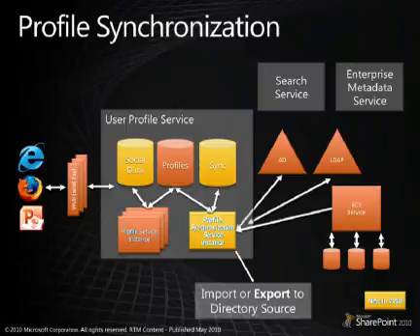As mentioned before, the user profile service application is also responsible for the profile synchronization. Synchronization can be scheduled from the user profile service application management pages and it supports multiple different sources for synchronization. Synchronization means that properties can be mapped to external identity management system properties like Active Directory, and user profile information is generated based on this. This means that, for example, phone number information is synchronized and available on SharePoint based on information in the Identity Directory